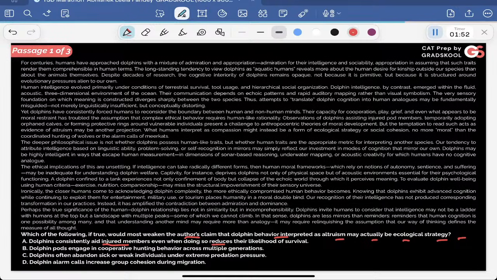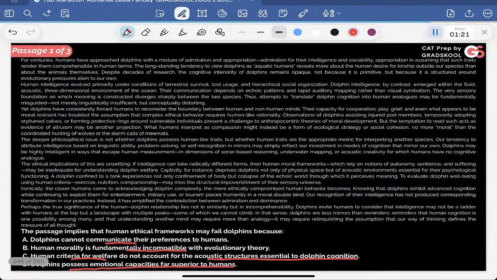Let's see B also. Dolphin pods engage in cooperative hunting behavior across multiple generations. That is not an altruistic behavior. That is coordinated hunting, right? Dolphins often abandon sick or weak individuals under extreme predation pressure. This is again not altruism. Dolphin alarm calls increase group cohesion during migration. This is out of one. Alarm calls, group cohesion. ठीक है तो ये तो actually strategy है ना. A is totally in sync. Okay, we have solved two questions by now. Okay, okay, okay. चलो